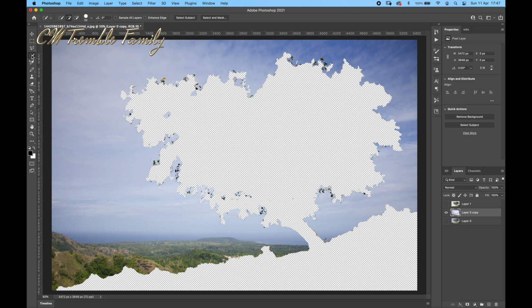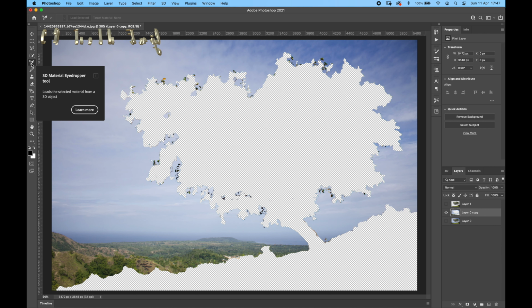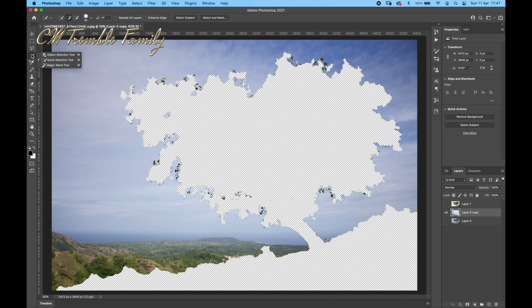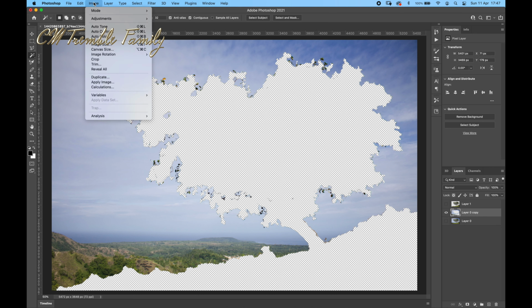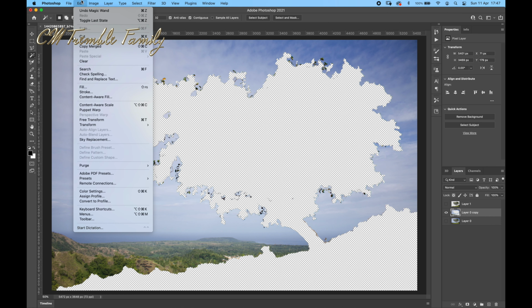So I'm just going to use the magic wand and select the area that I've chopped out, and just a quick click and it selects everything there. And then once we have all of that selected, this is the area that we're going to fill in with other information that's in there. So in the edit menu you have content aware fill, and when you go into here it opens up